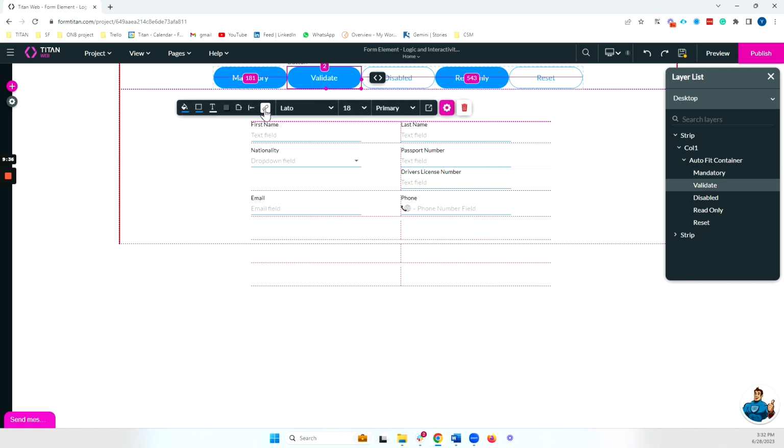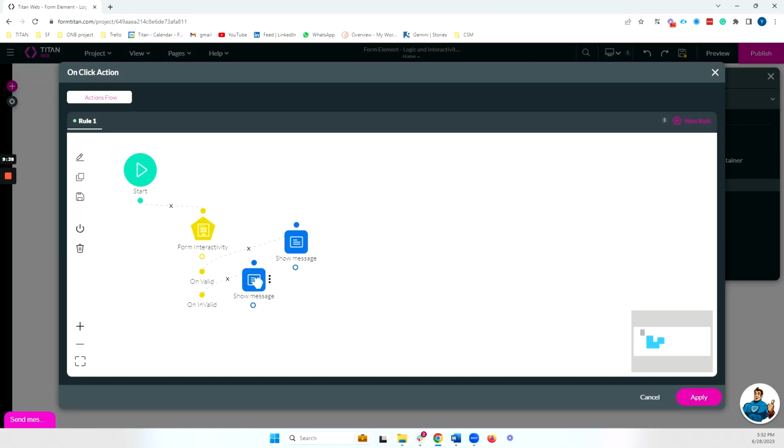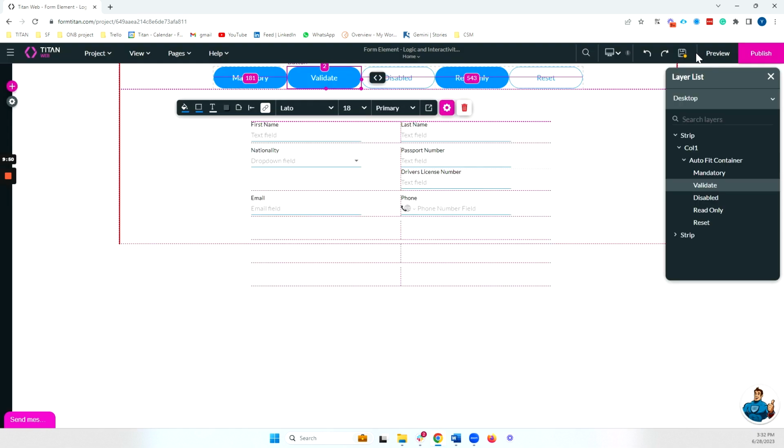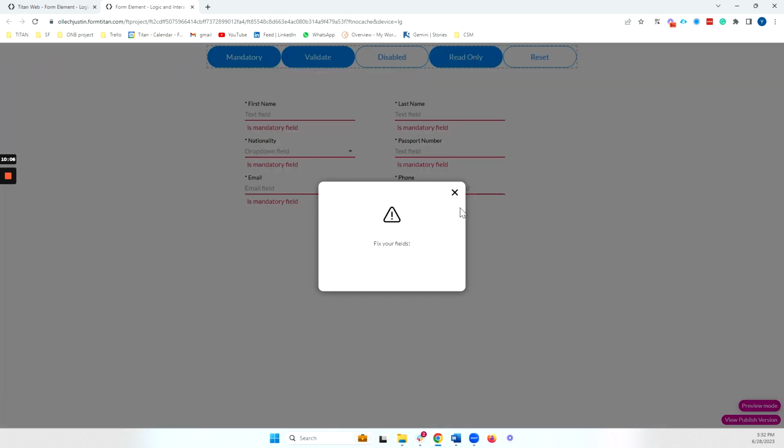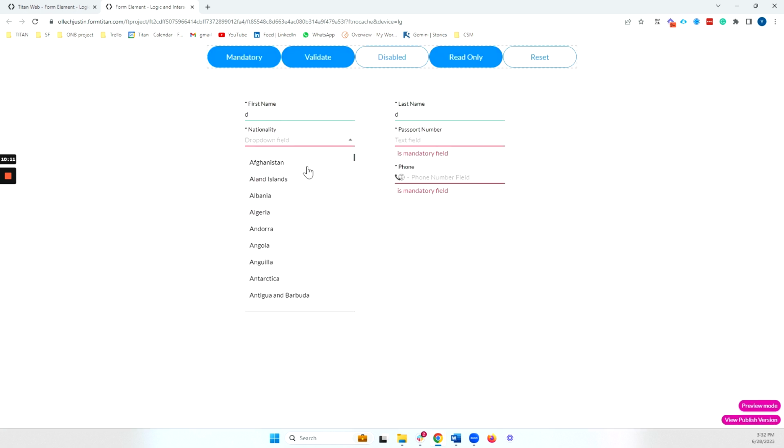Just to show you, for validate specifically, I end up with a couple of options. Once I validate my form, it will say if all the fields on my form are valid, you can do one action. If invalid, you can do a different action. In my case, I'm just showing different messages. All right, so let's take a look at that. So the first thing I'll do is I'll just make my form mandatory, and you can see all of the elements inside my form have now become mandatory. If I click validate, it's going to validate all of the fields on my form and tell me to fix those fields. If I fix those fields,